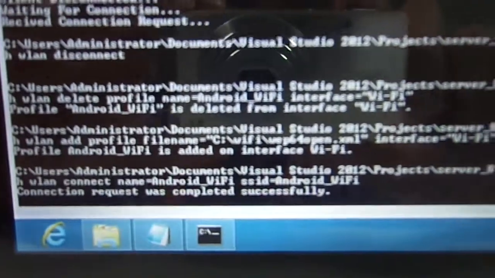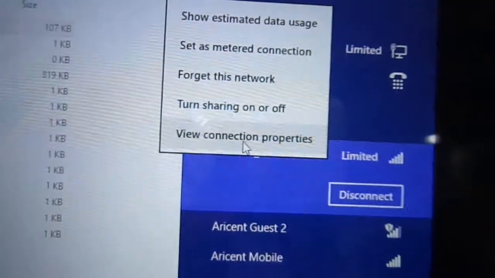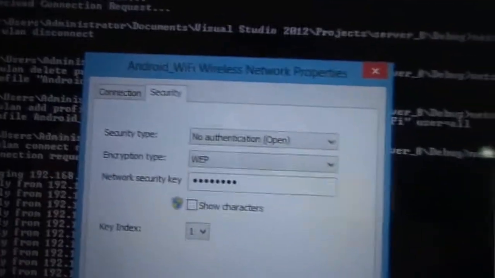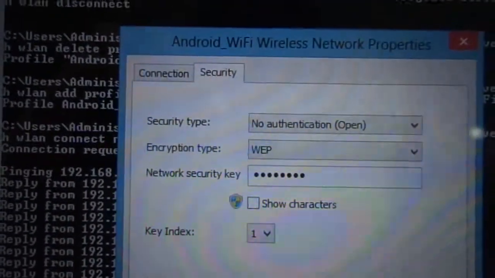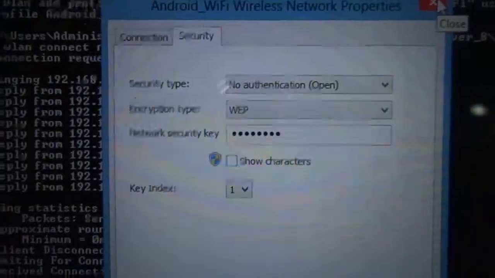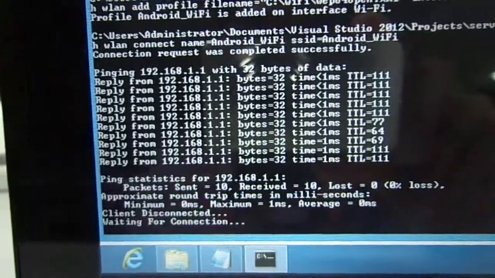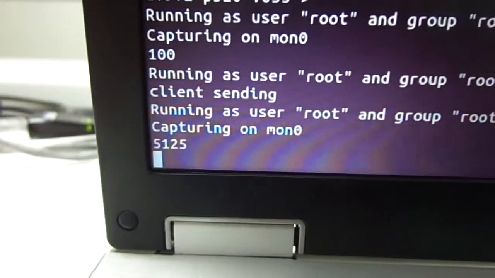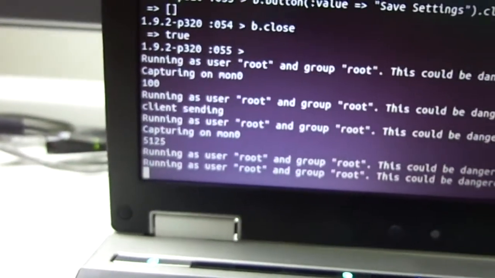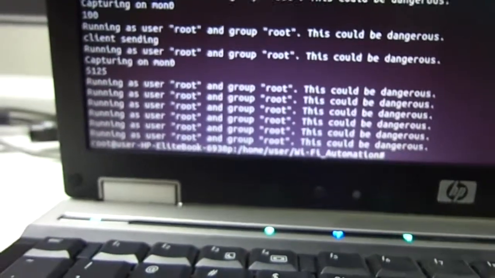So it's again completed, and as you can see here, it's connected. So now I will show the connection properties. Its security type is open, meaning open algorithm, and encryption type is WEP, key index is 1. So now it's a WEP configured Wi-Fi connection. After that you can see the ping from device to access point also. So it's getting completed. Here again we are capturing all the wireless packets. So these are the numbers, and then it will filter out the packets based on the MAC addresses of the device and access point, and validate the result, and it will log the result.